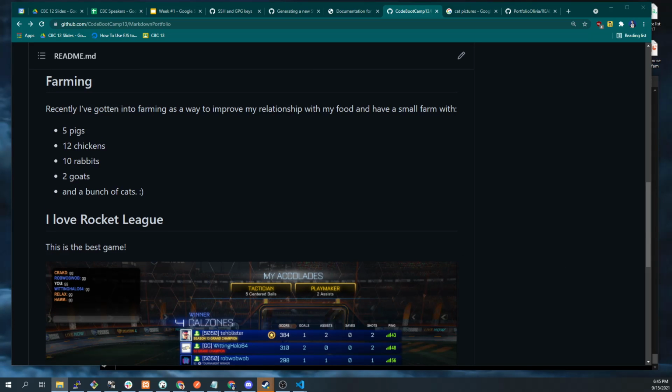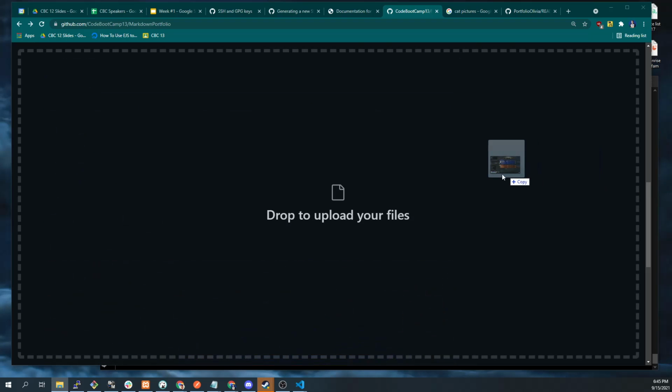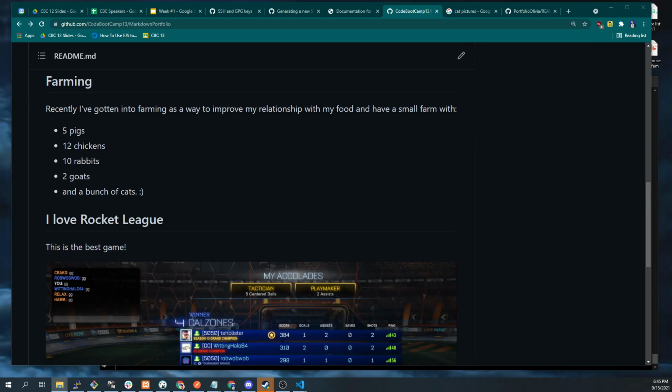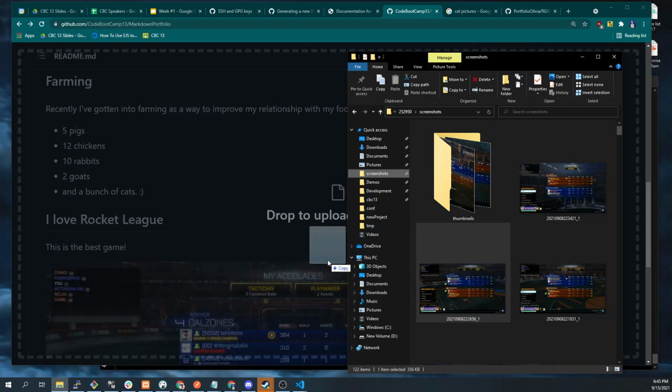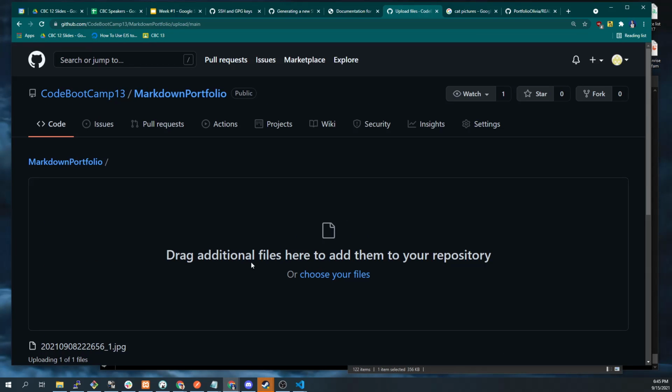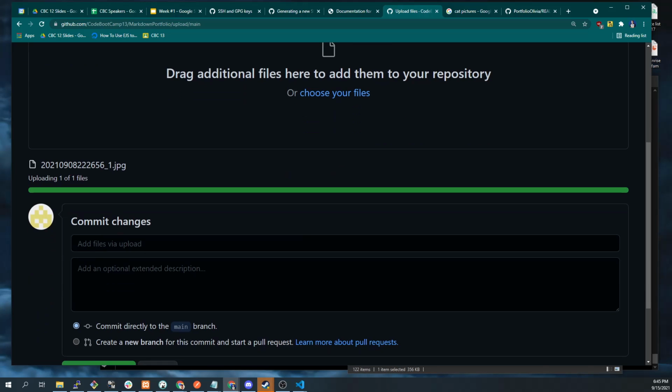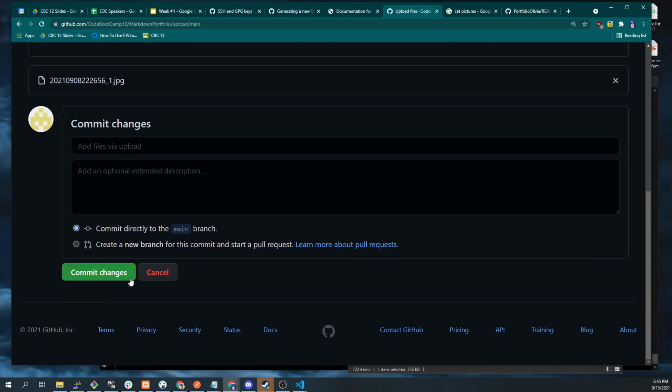Let's see if we can do this. So I'm going to take this image. Because I am the owner of this repository, I can drag a file. Here, I'll show you. Cancel. I can drag a file from my folder directly into here. So it's uploading it into the repository already, right? As if I had done a commit and done a push. Okay. So now all I have to do to say, yes, I want to save this, I'm going to click